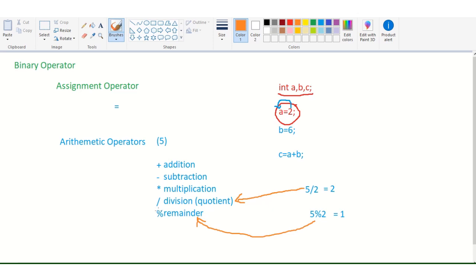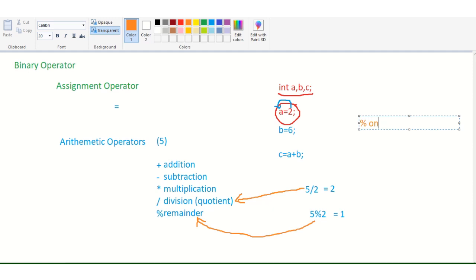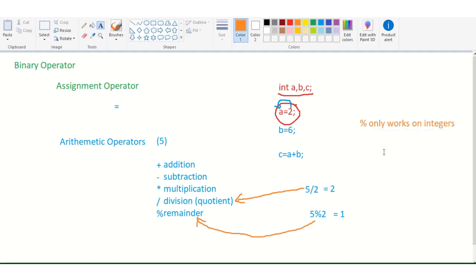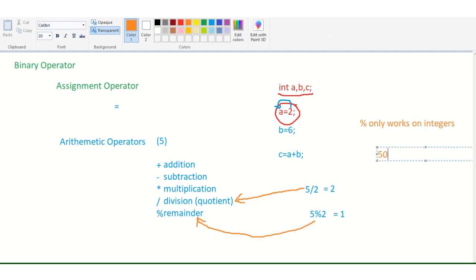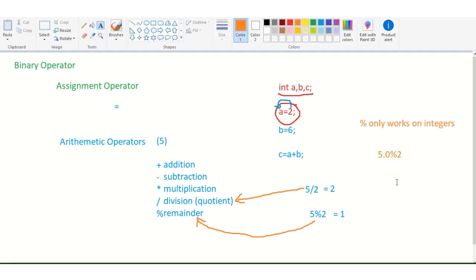The modulus operator only works on integers. If you take something like 5.0 or 5 point something and then modulus 2, this will never return any result. It will give you an error. So in C or C++, the modulus operator only works on integers, right?